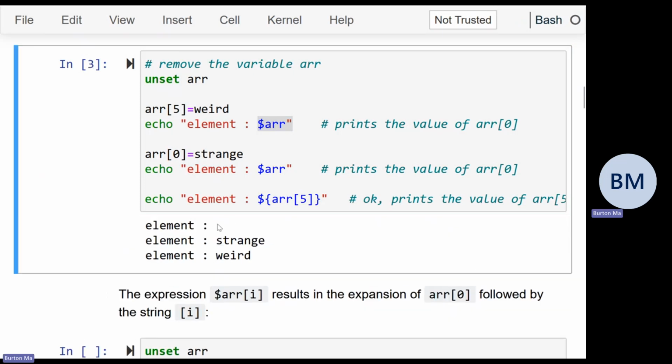Notice that you get the blank, the empty string here. So the element at ARR 0 is nothing. It doesn't exist, so you get the empty string. You don't get the first element of the array, which is sitting at index 5, weird. If I then go ahead and set ARR 0 to strange, and then again incorrectly